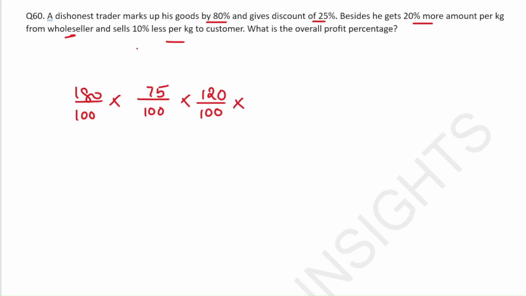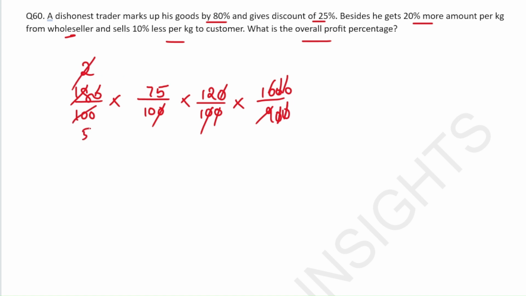Now, he sells to the customer 10% less. That means if the customer is buying 1000 gram, this dishonest trader sold at 10% less. So 10% less would be 900, right? So we have to find the overall profit percentage now. 1, 2, 3, 1, 2, 3, 0, 0 cancel, 0, 0 cancel, 9, 2s are